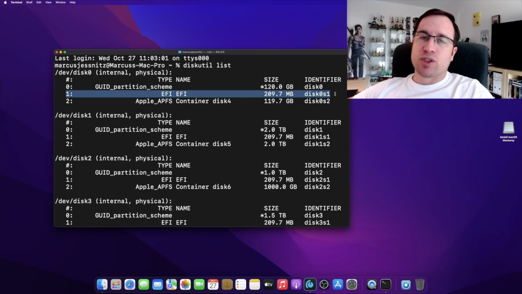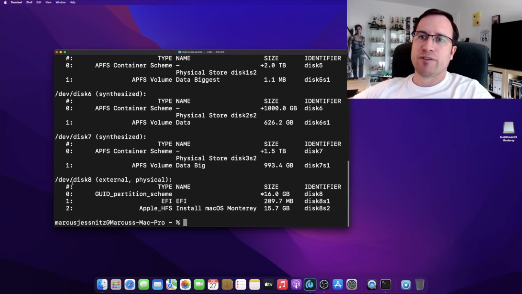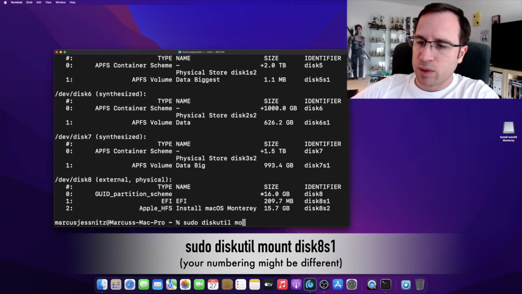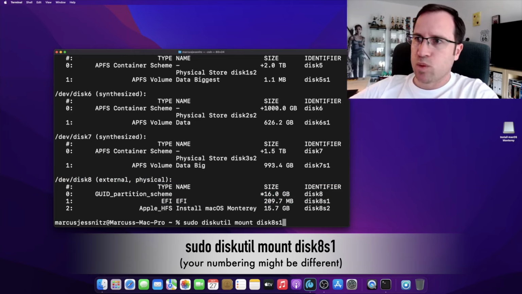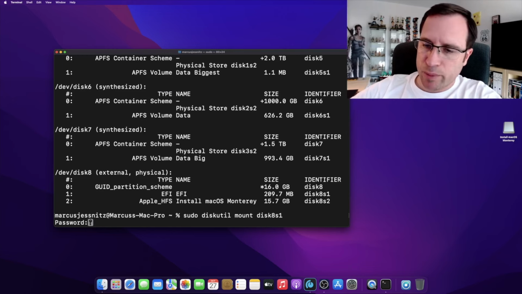And now as we want to copy the EFI partition from the USB drive to this boot disk, we have to look for the USB drive. And that is something that is external. So if I scroll through this list, I find here external physical with 16 gigabytes, so that fits. And there's also an EFI partition, disk8s1. So what we now say is sudo, super user do, diskutil mount disk8s1. So we want to mount the EFI partition of the USB drive. Asks for the password,